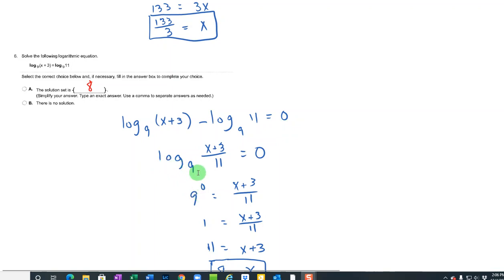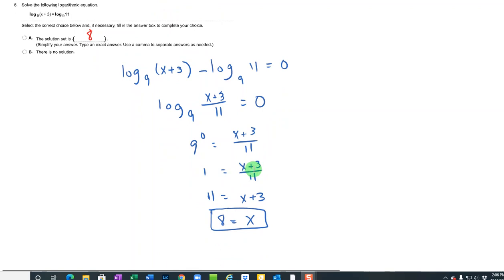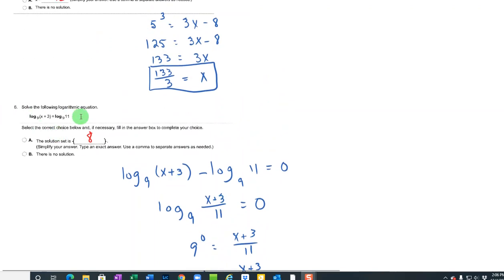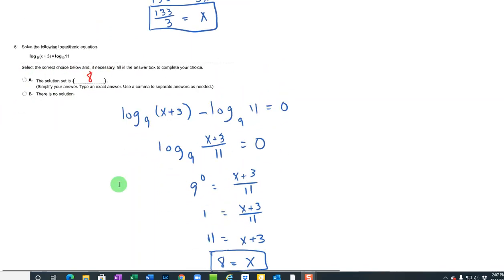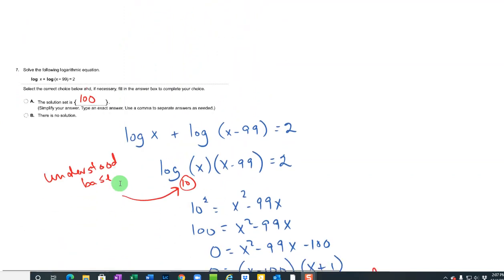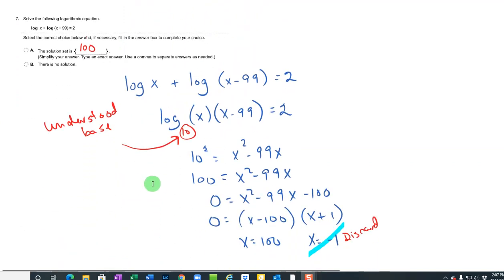So we have log base 9 of x plus 3 over 11. And then we say 9 to the 0 power equals this. 1 equals this. Multiply 11. This was much longer in 8. So if we use that rule that we looked at in the first thing, that's really a better way to solve that. All right. On this one,